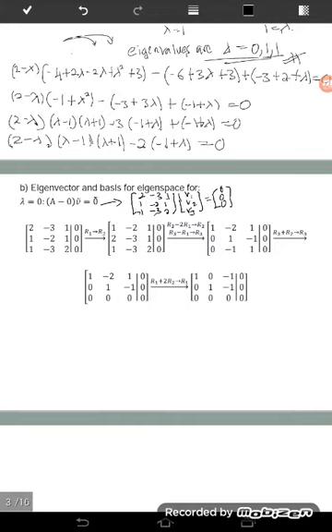Okay, so to find the eigenvector v, so first we need to solve this augmented matrix. Okay, so we need to reduce into row reduced echelon form. So first we need to have here leading 1. Okay, so to have leading 1, since here we have 1, so I just interchange row 1 and row 2, so become like this. And then make it this one 0, and here also 0. Okay, so become like this. After that, leading 1 here. Okay, so here already have the leading 1. So next we make it this one become 0. Okay, and become like this.